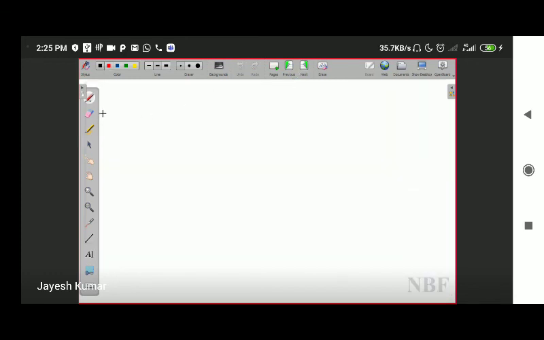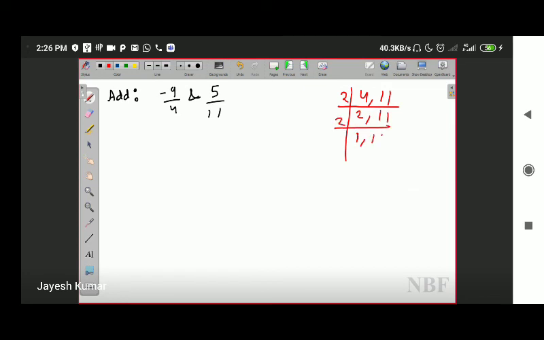Let's see. Question is add minus 9 upon 4 and 5 upon 11. So first of all, what we need to do is you need to observe the denominators. Denominators are 4 and 11. So now you find out the LCM of 4 and 11. 2 2s are 4, 2 does not divide 11. 2 1s are 2, 2 does not again divide 11. 11 1s are 11. So LCM of 4 and 11 is 2 into 2 into 11,